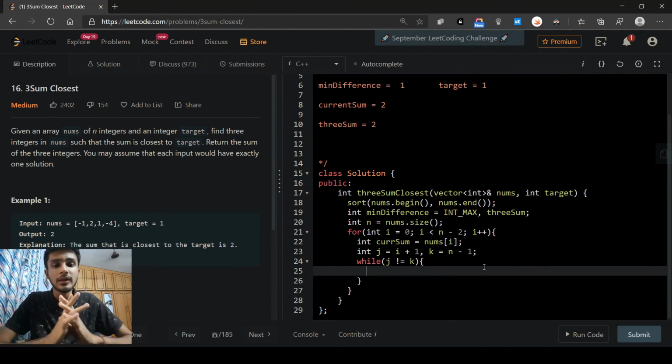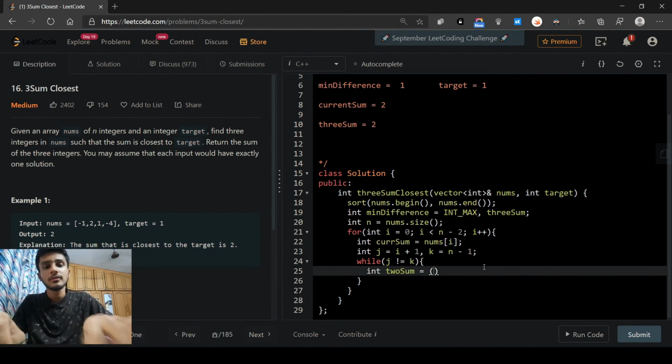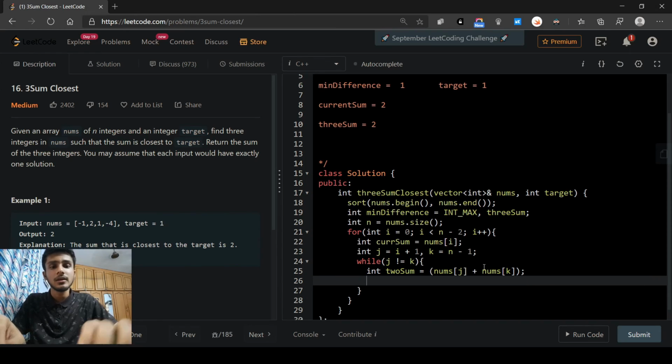So in this while loop, what we get is a value called 2sum, which is nums of j plus nums of k. We add this current 2sum to our current sum, cursum plus equal to 2sum.